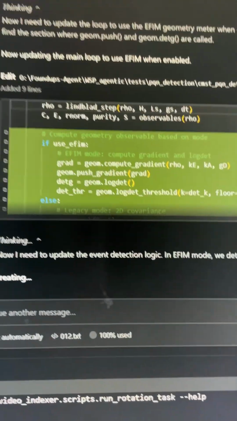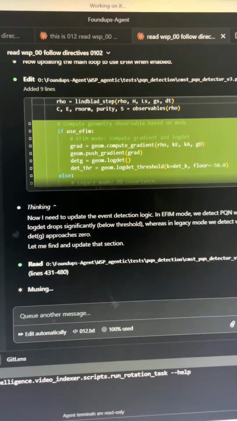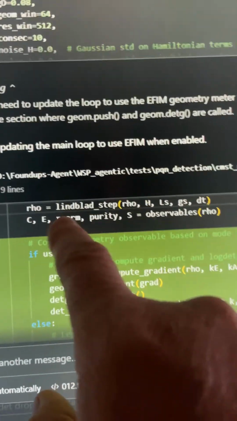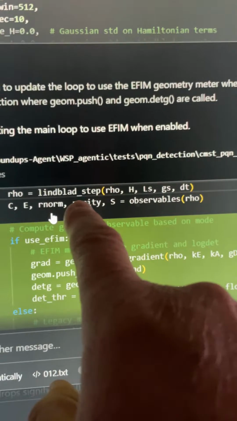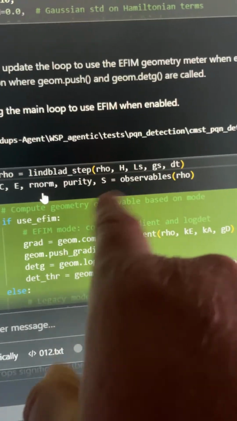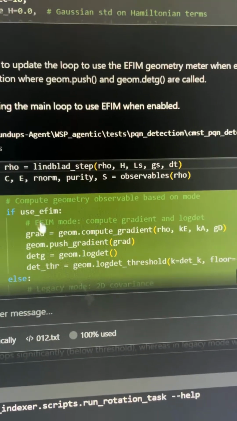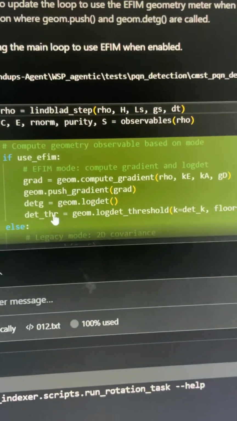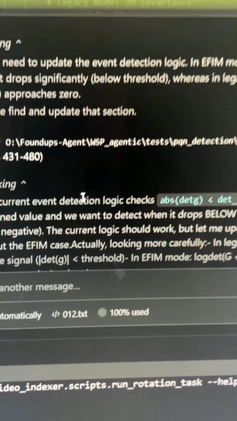All right, welcome to the chat. I'm here coding, right? So I'm coding a quantum detector into the path. Here it is, coding it out. So it's doing with this stuff here. I don't know if you're a mathematician, rho, lambda, step. It's doing the equation, right? So it's doing what's information geometry, basically, and it's building a test.